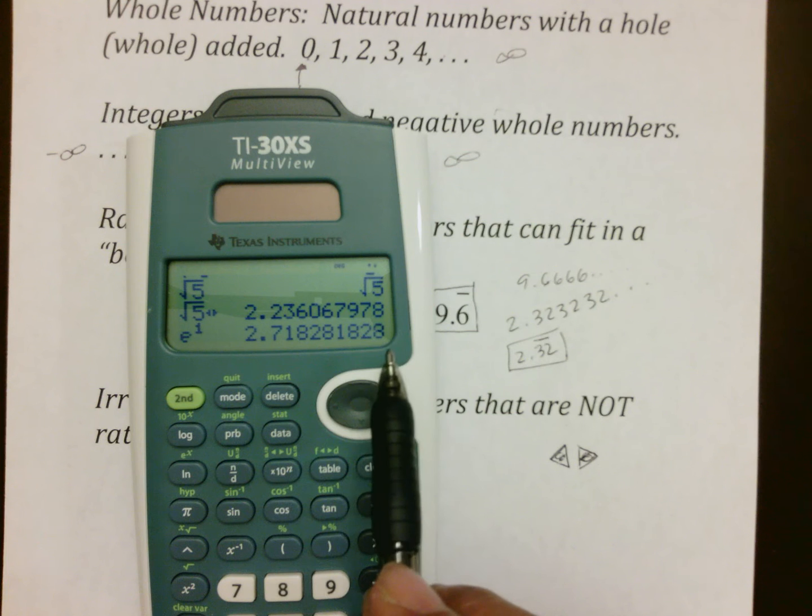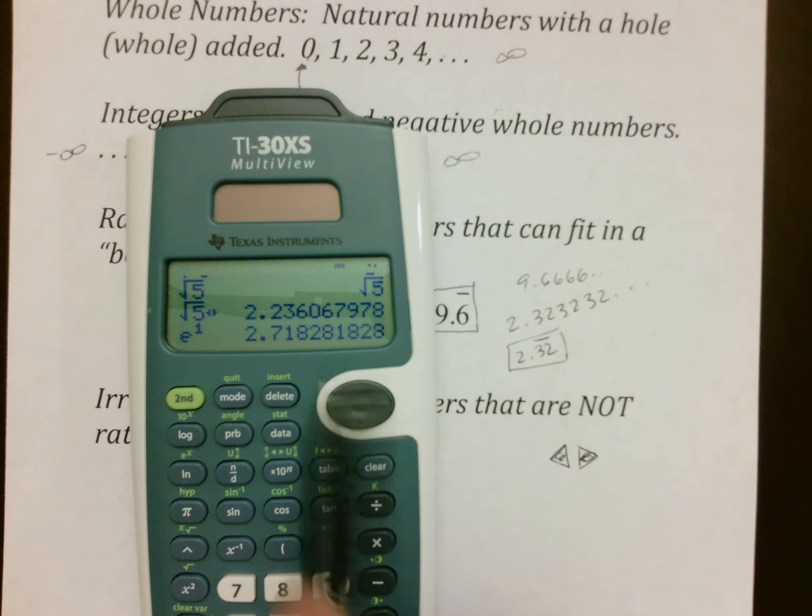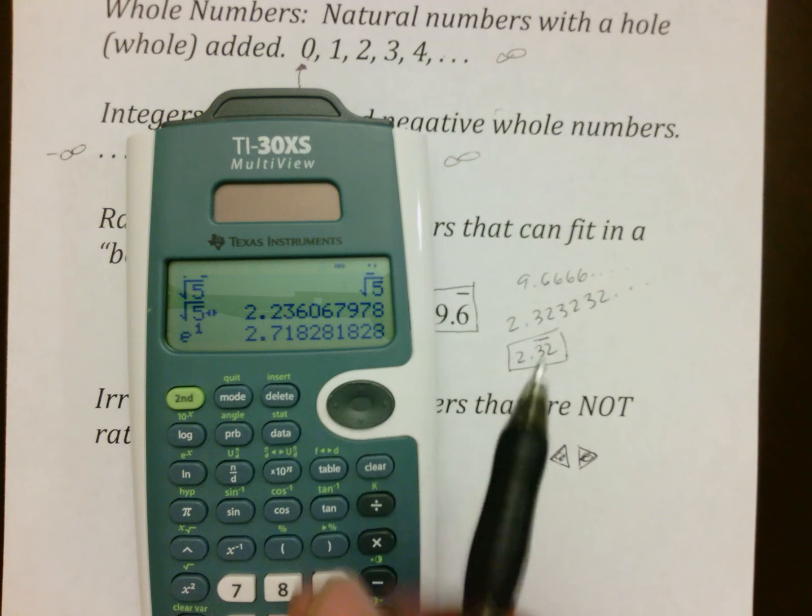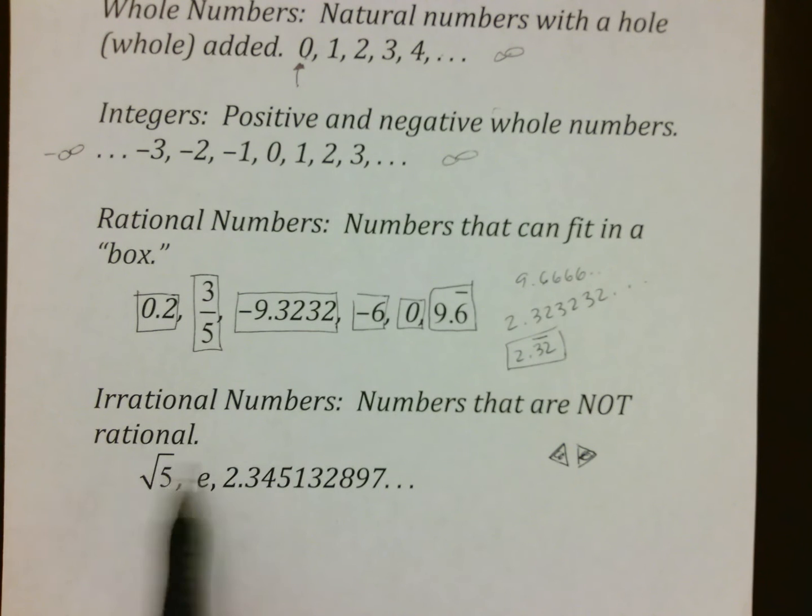2.718281828. I don't think it even repeats, even though it looks like it does. E. Anytime a number is so crazy that they have to simplify it down to a letter or a symbol, that means that number is also irrational. And then the last type is this: